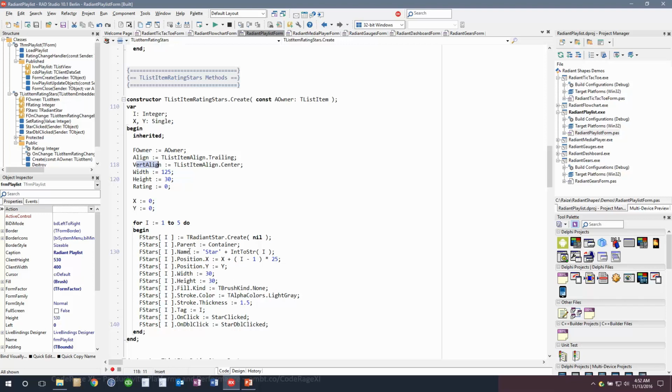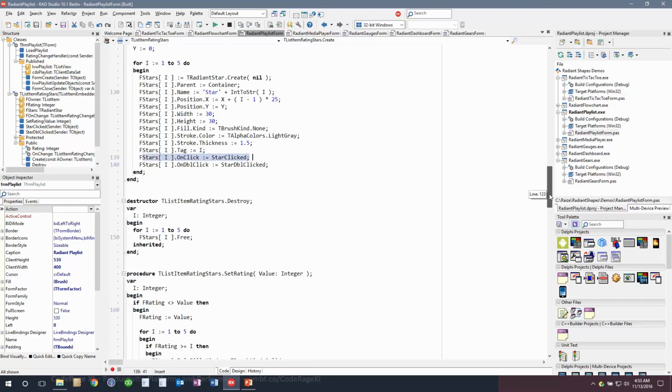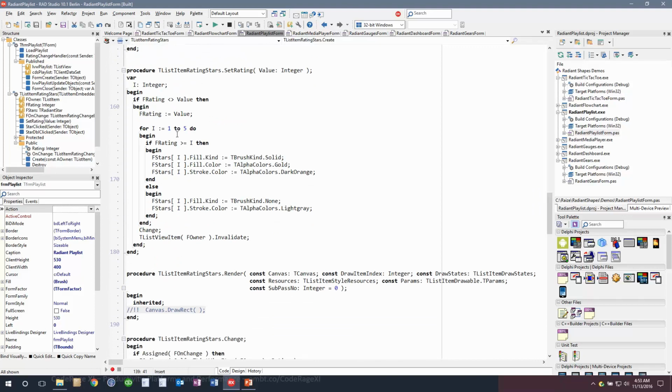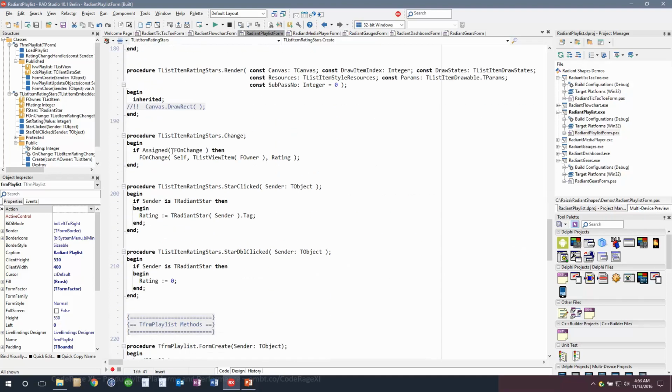And if we scroll down further, we can see that each star has its own click event that's mapped to the star clicked event handler. And so when we make a change inside the rating stars, it lets the item know that something was changed, which lets the list view know that something was changed, and it connects it all together. And so the rest of this is really just, if the rating gets changed, we have to update the various colors for each of the items, clear them out if they don't, and then if we do have a change, we simply